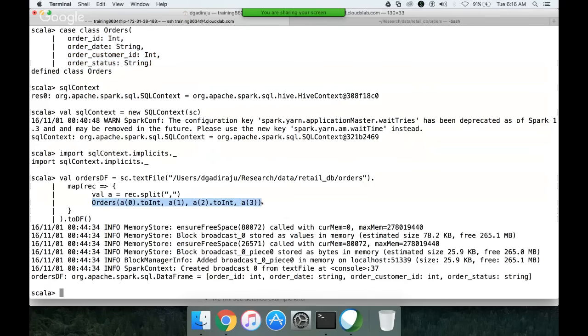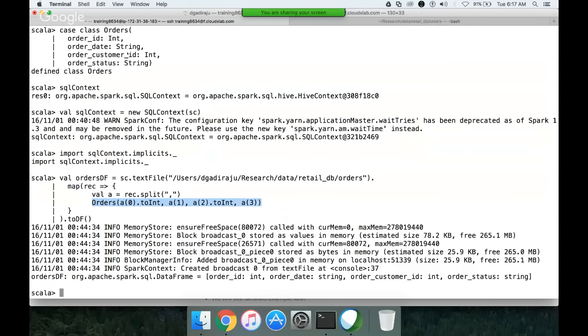Here we are not trying to invoke the constructor. Instead, we are trying to invoke the apply function. Even if you create a regular class, and if you define getter methods, setter methods, and an apply function, you can still call it like this. Either you have to create a case class, or you have to create a regular class with getter, setter, and apply function, and automatically when you call this, it will call the apply method, and whatever functionality you have given in the apply method will be used